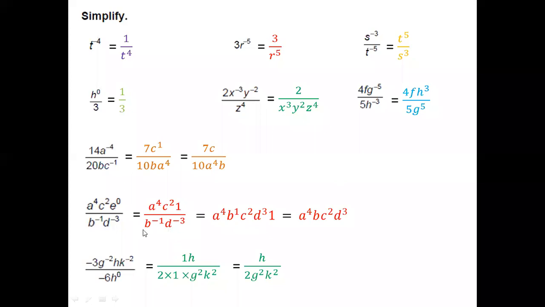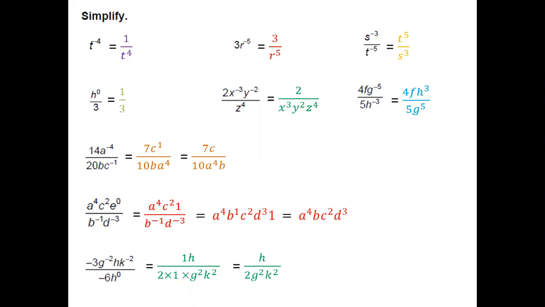Okay, there was a small miscalculation of numbers here. So it was a to the power of 4, c to the power of 2 and 1, because I wrote 1 as it is, the exponent is 0, so it is 1. Then I left the remaining the same so that you will not get confused.